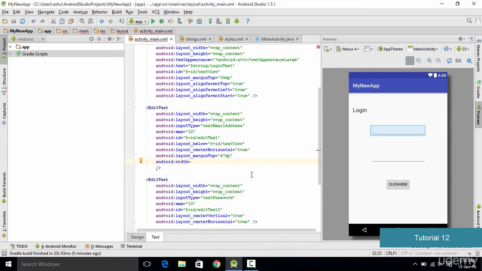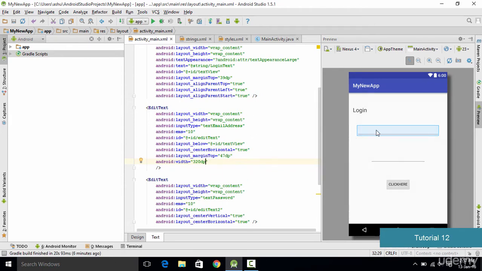and then we are going to type the width which we want to specify. Now you could specify the width in pixels, but the issue with pixels is that the size of every pixel on every different device is going to be different. So instead of using pixels directly, we are going to use a unit called density pixels. In this case, I think that 320 density pixels would be sufficient width for our text area. So we go ahead and type Android width equals 320 dp, and dp stands for density pixels. Now we are done adding that.